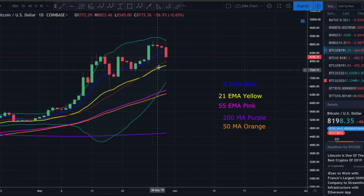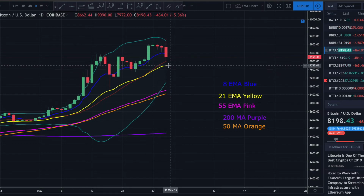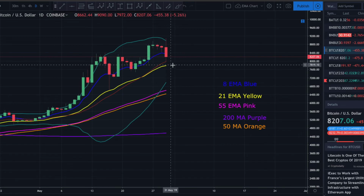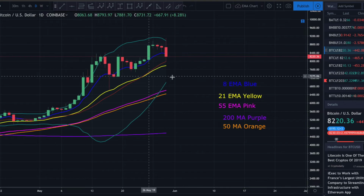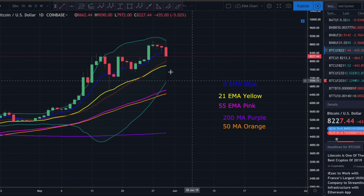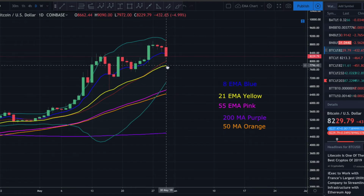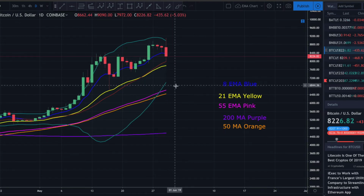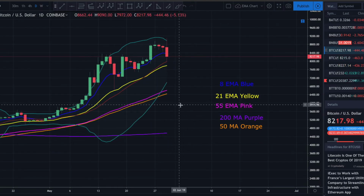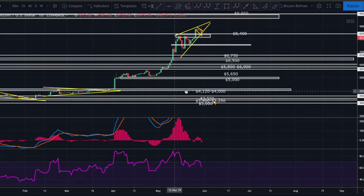If we have a decisive break below the 21-day EMA, not a wick, but a daily candle both opening and closing below the 21-day EMA, at that point, it's sitting at 7,800 right now. So obviously that would very likely take us down to at least that $7,500 range that we had talked about. But if we get a daily candle both opening and closing below the 21-day EMA, I think we're very likely going to continue down to at least 7,200, if not that 67.50 zone